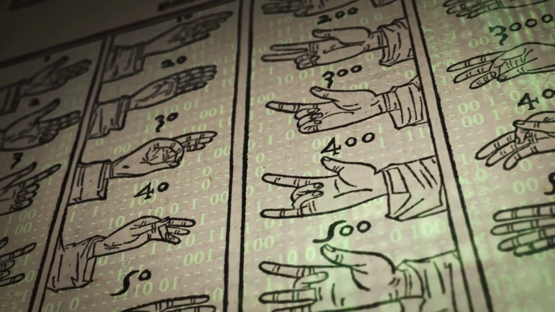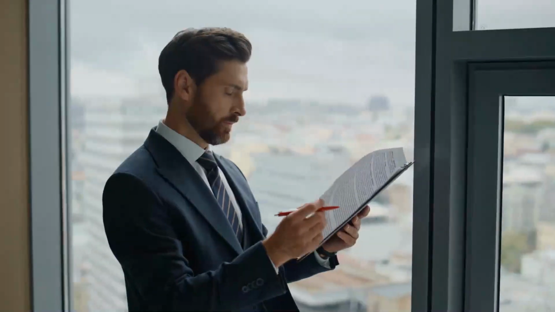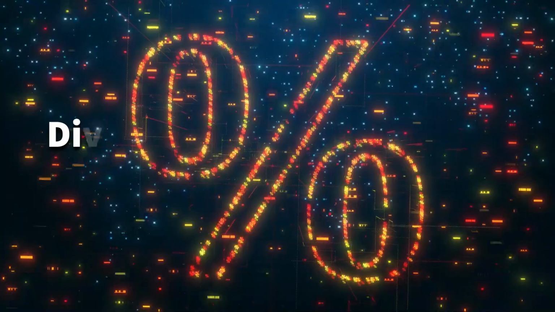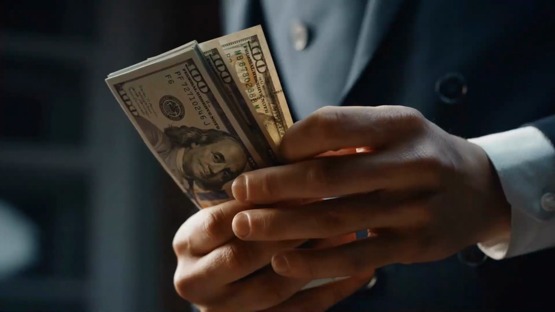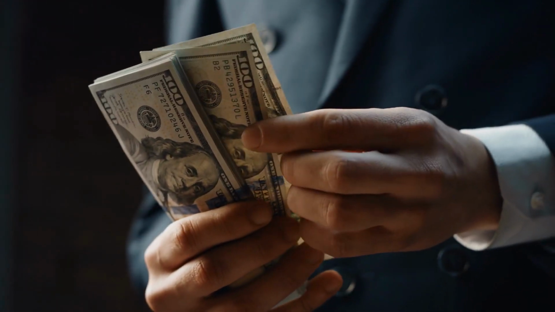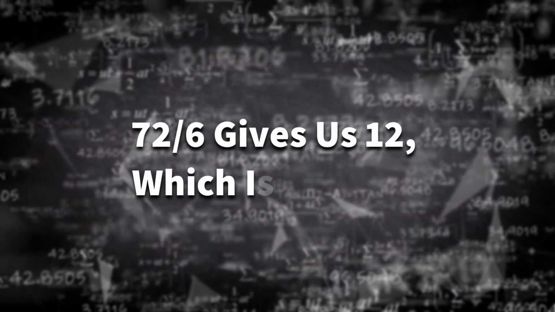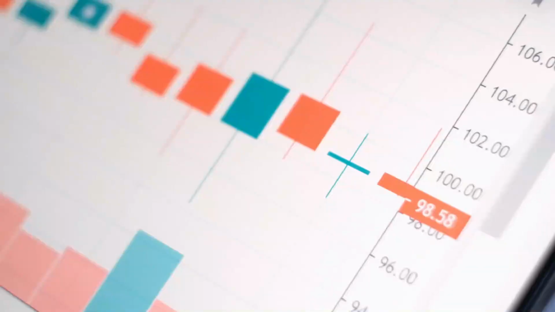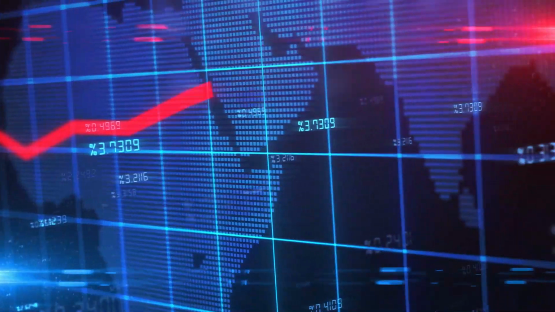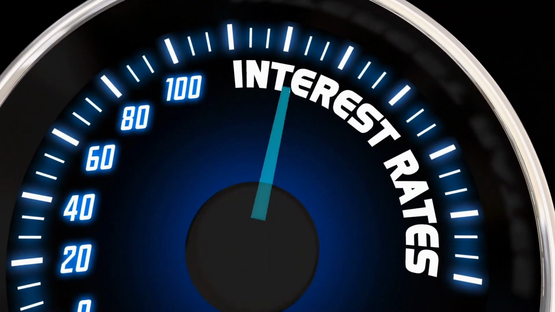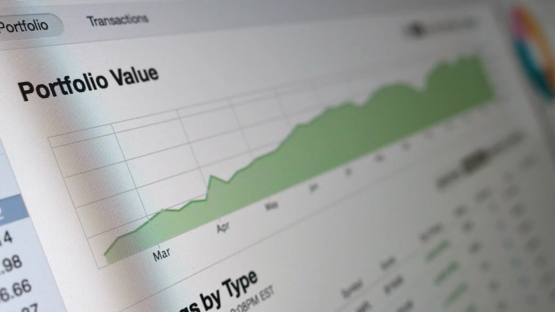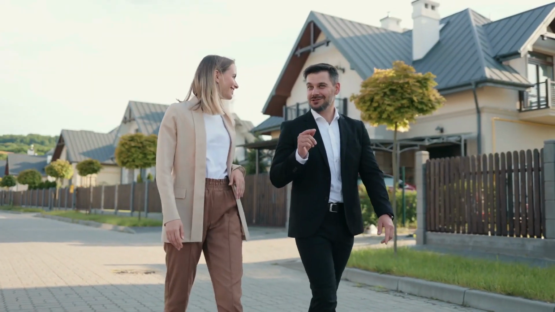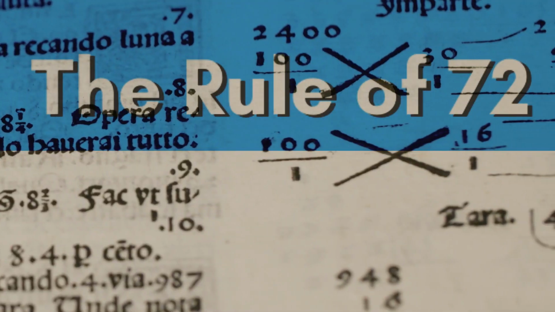Now, you'll apply the rule of 72 to determine how long it will take to double your present funds. Divide 72 by your interest rate, let's say it is 6%. This is how long it will take you to double your money. 72 divided by 6 gives us 12, which is 12 years. When it comes to compound interest, go for a high interest rate because the higher the interest rate, the faster your money doubles. To find out how quickly your bank account can increase, contact a financial counselor, ask for the best compound interest rate. Then apply the rule of 72.